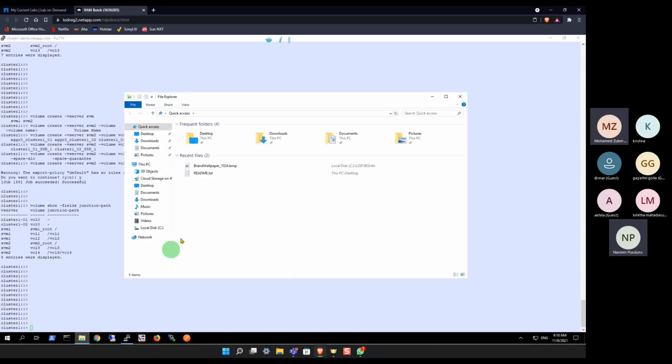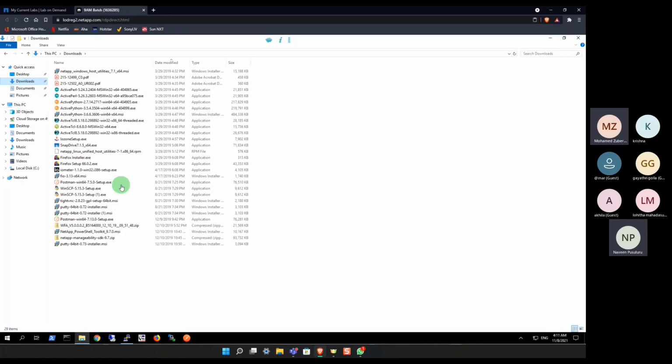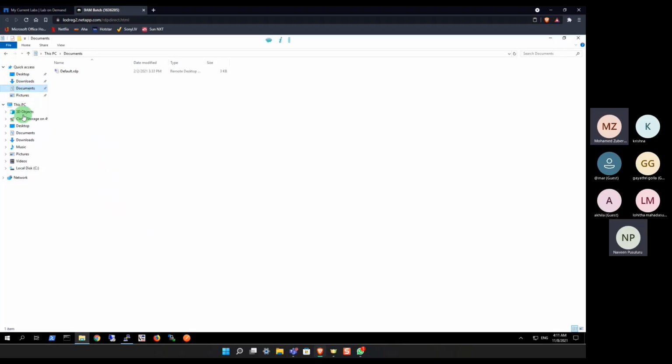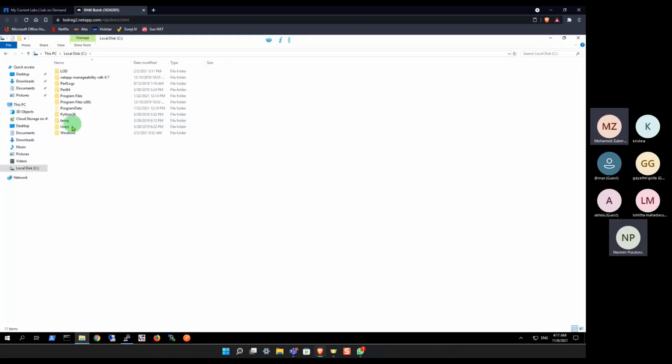For example, okay, so these are the files I have in folder, right? Let me see if I have any subfolders. Let me go to C drive. See, I have these folders, right? For example, LOD